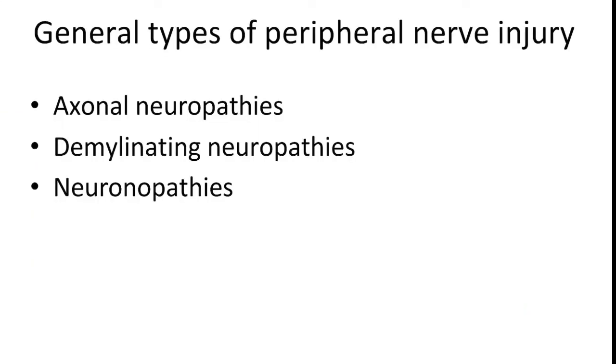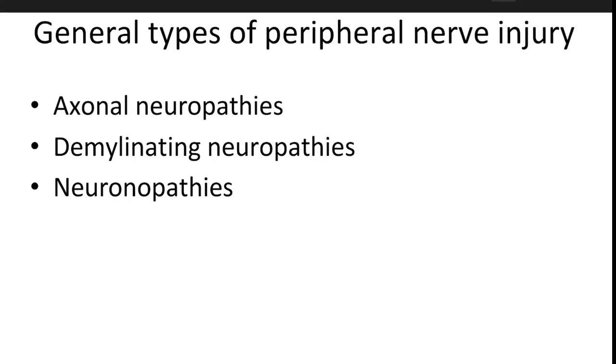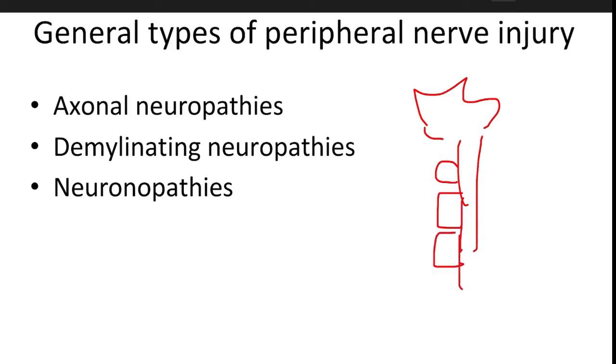So with this we can go to the nerve injury topic, where you can see that there are three basic types of nerve injuries. One is axonal, another one is demyelinating, and third one is neuronopathy. So neuronopathy, basically, as we saw just now, there is a body, there is an axon, on that axon there is the nerve bundle, with myelin made by Schwann cells which myelinate it. In between that there is the node of Ranvier.